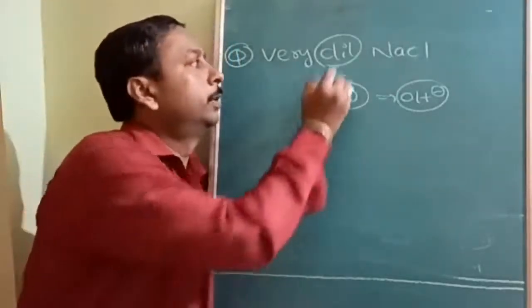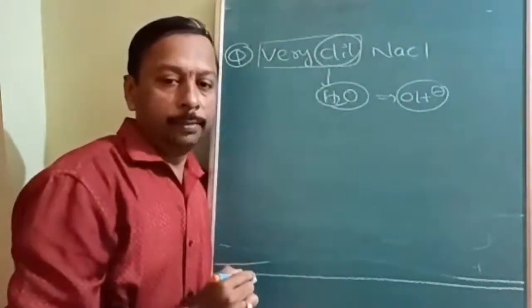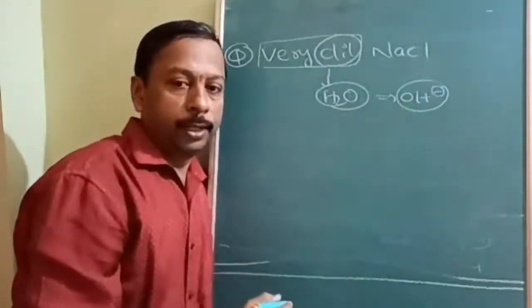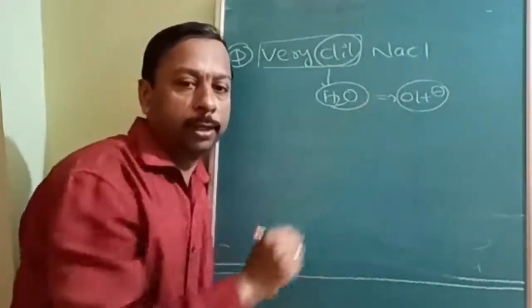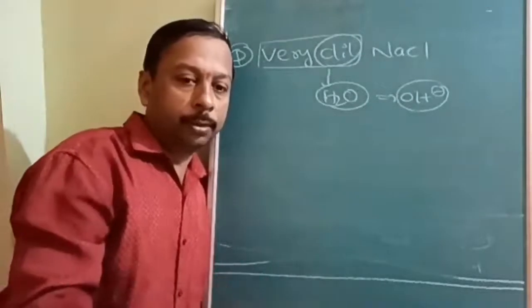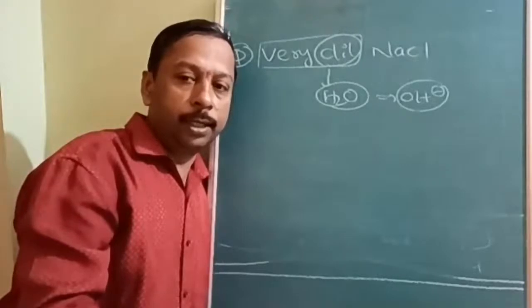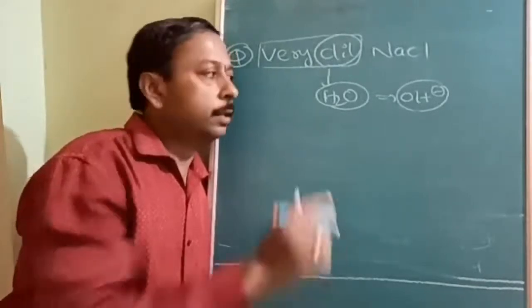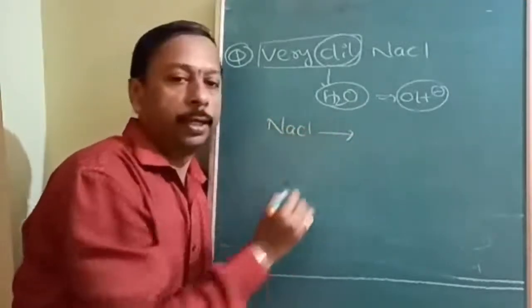Because of very dilute, this is the word you have to check for. If it is mentioned, he is hinting to you that OH minus is more. Now the discharge will be OH minus. So NaOH will not be left over. Before this, NaOH was prepared, but here NaOH will not be prepared.